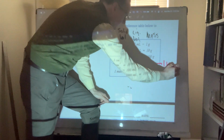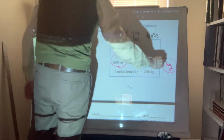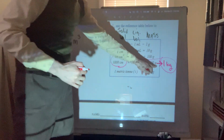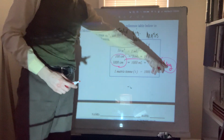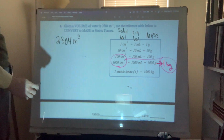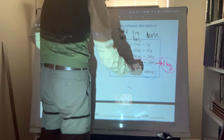1 kilogram, right? So you have a conversion factor relationship, it's just obscure, is what I'm getting at. If you're taking advantage of the fact that 1,000 grams is exactly 1 kilogram, you can convert from a cubic centimeter directly to a kilogram. There is an obscure conversion factor, right? Why would you want to do that? Because eventually you would have to answer the question, you'd have to convert so many kilograms to so many metric